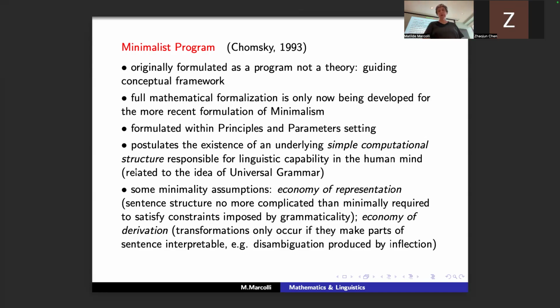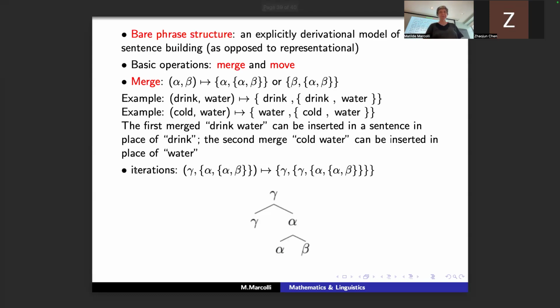And I'll not try to again make precise what one can make precise about what this means. So the idea underlying this view of minimalism, and I'll dig into that a lot more in detail later, was